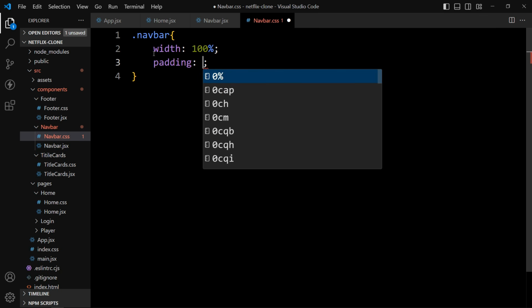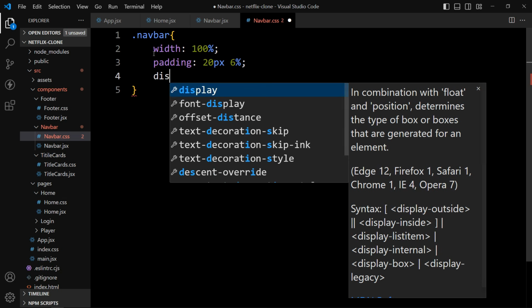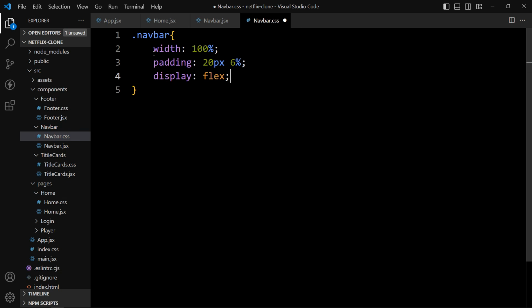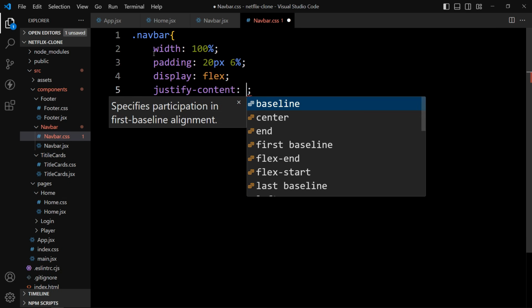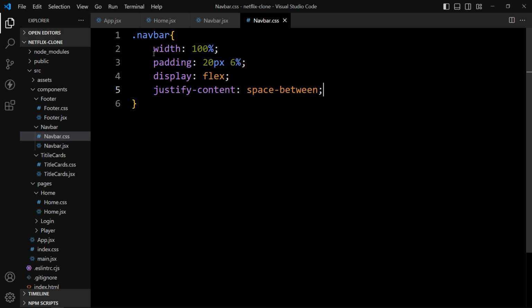Let's add padding 20 pixel and 6%. So the 20 pixel from top and bottom, and left right 6%. Then display will be flex, so that all the contents will be aligned horizontally. Then justify content a space between,